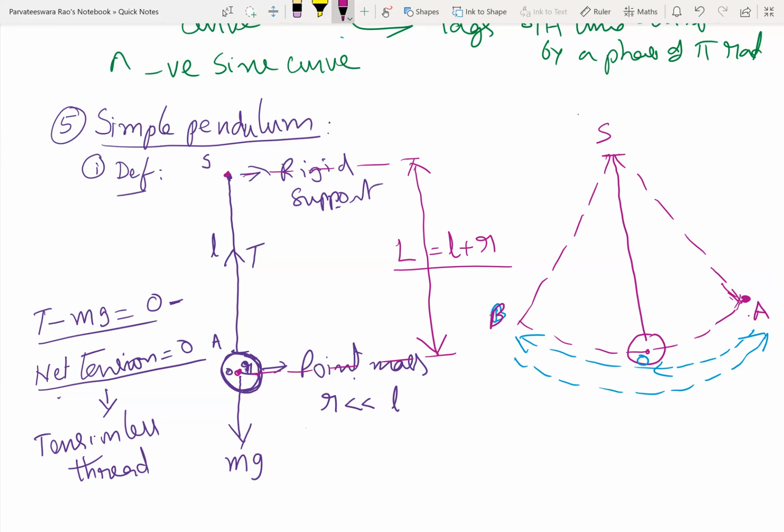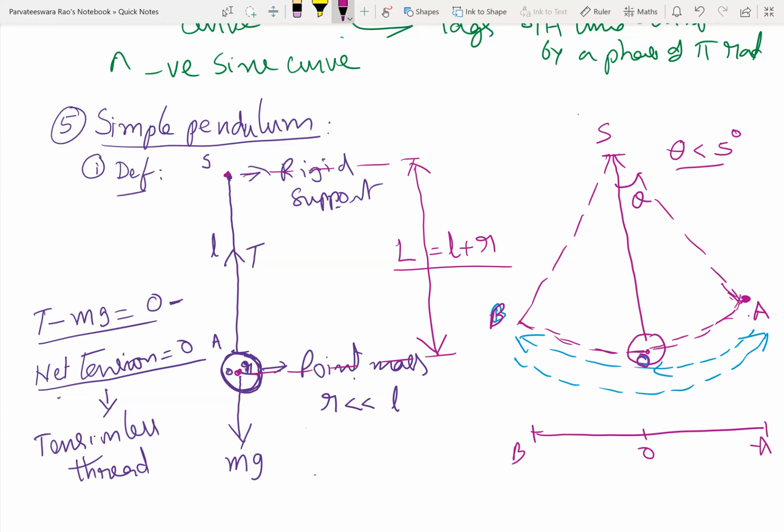When the pendulum set into motion comes back to the point of start, we say that it completes one full oscillation. But you should remember, I told you in the definition, this angular displacement theta should be less than 5 degrees, so that this path AOB will be approximated to a straight line. Because if you want to claim the motion of a body as simple harmonic, it will be a straight line. This is possible only when theta is less than 5 degrees.